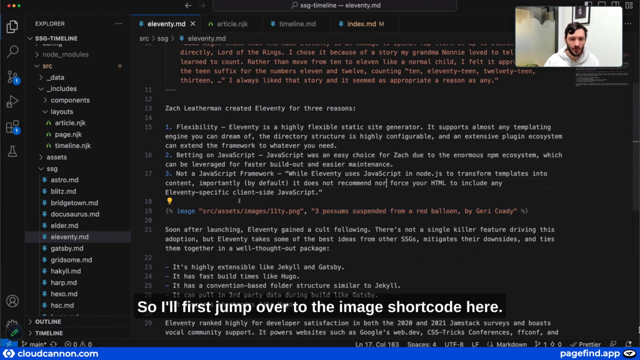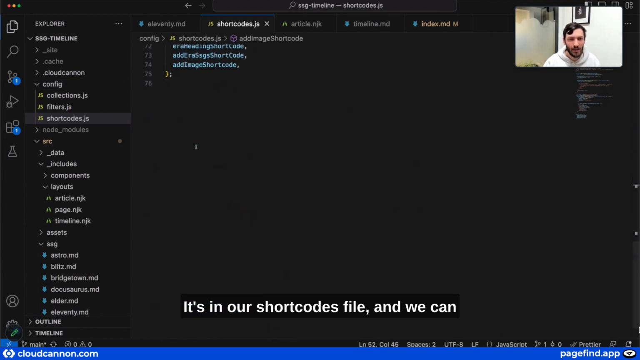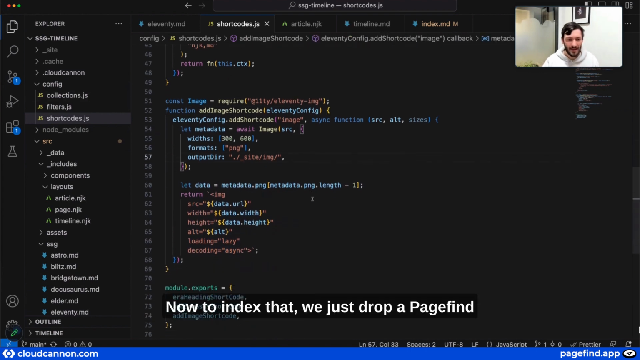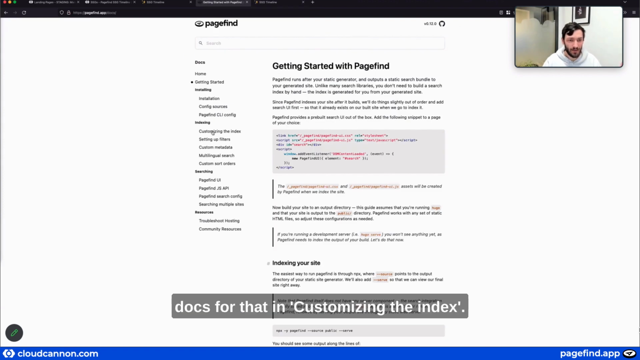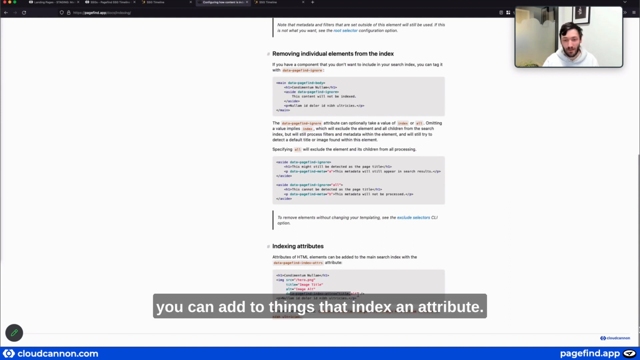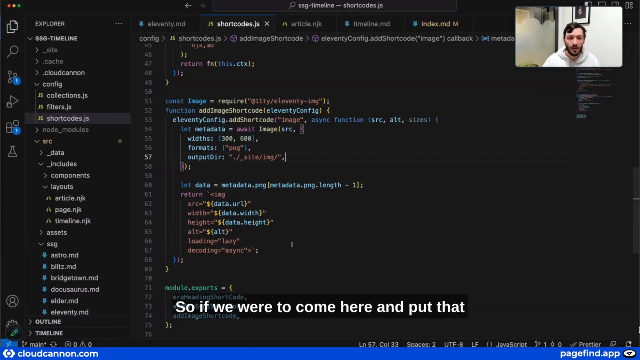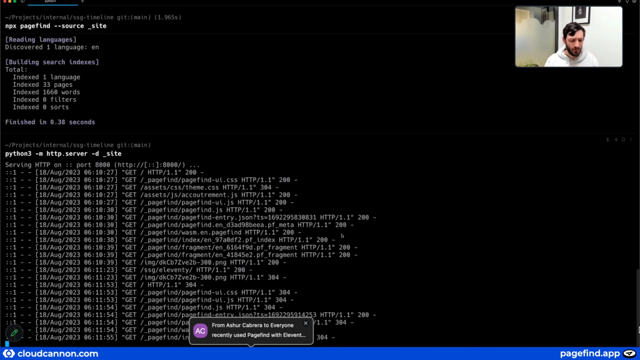So I'll first jump over to the image shortcode here. It's in our shortcodes file, and we can see we're just outputting an image tag here. Now to index that, we just drop a Pagefind attribute on it, and I'll go to the docs for that in customizing the index. And you can see here, there's a tag that you can add to things that index an attribute. And so if we were to come here and put that and just say, add the alt text of this image to the index as we're processing through it, we can now run